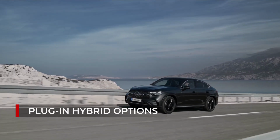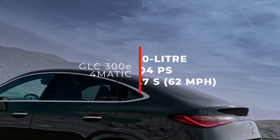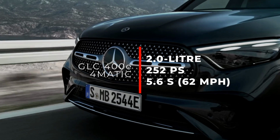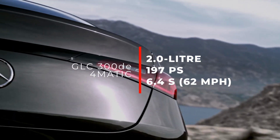Plug-in hybrid options are instead the GLC 300 with 204 horsepower and 0-62 covered in 6.7 seconds, the 400E with 252 horsepower and 5.6 seconds to reach 62 miles per hour, and the 300DE diesel with 197 horsepower and 0-62